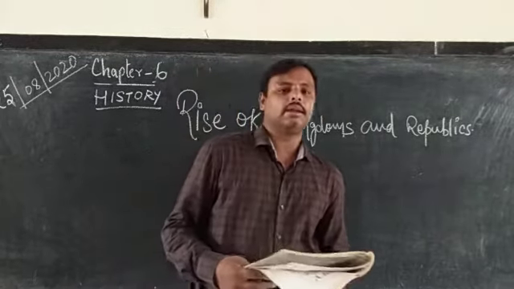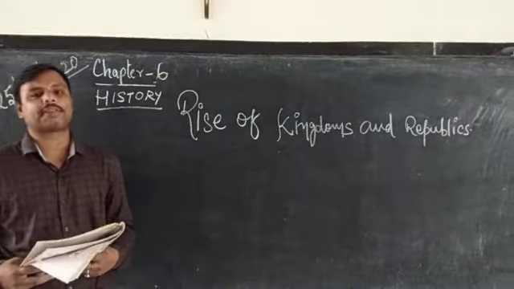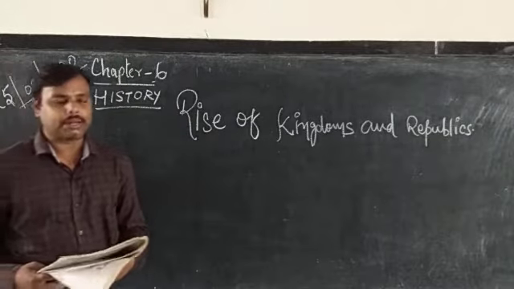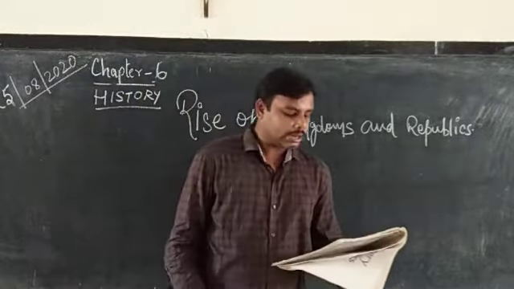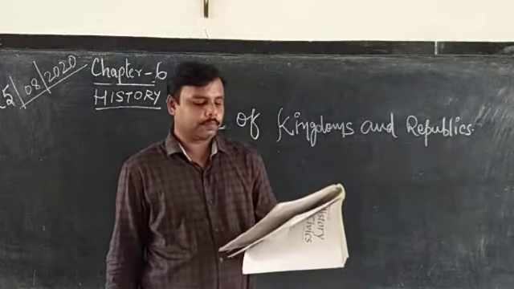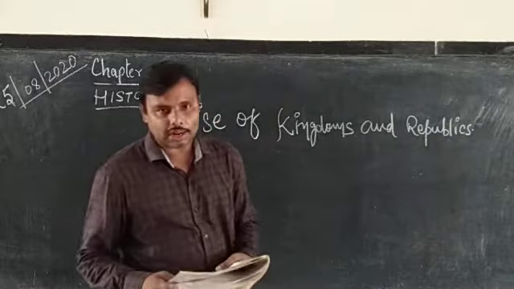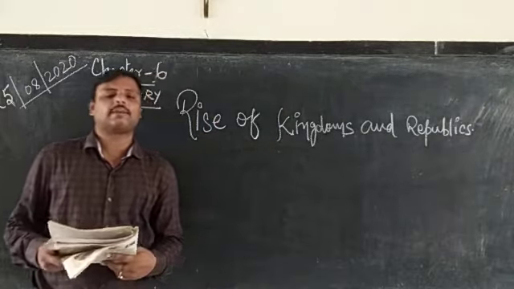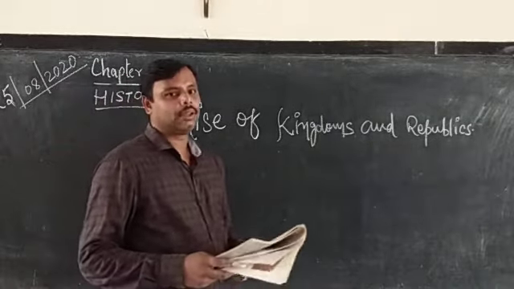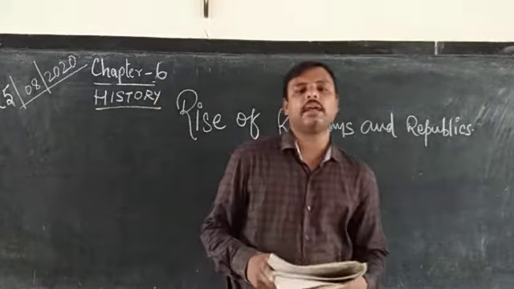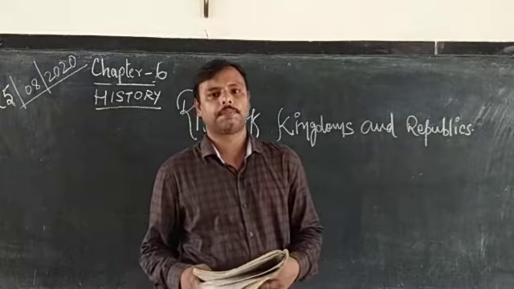Now the next would be, what was the system of kingship? Whether it was a republican one or the monarchical system. A Janpada could be a republic. A republic is where the state representative is elected, like we have in India, the democratic system. The democratic system is where the leaders are elected directly by us.